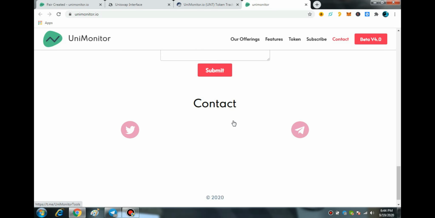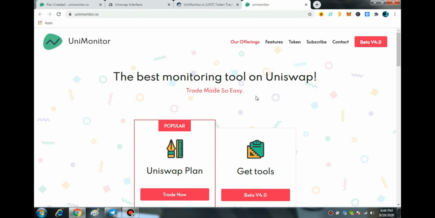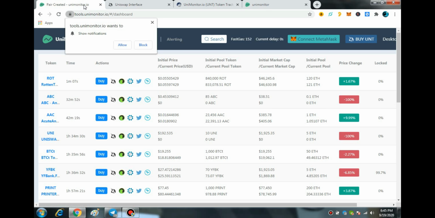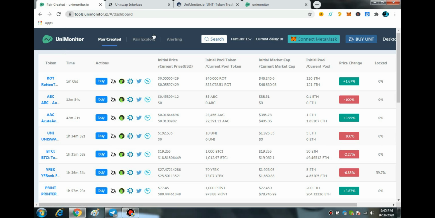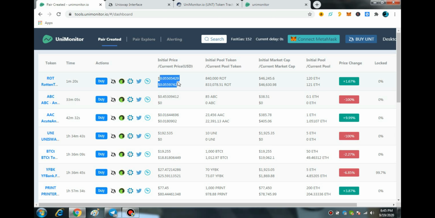These are the types of features that UNT, basically Unimonitor, is offering, and you have the chance to buy this token directly from the Uniswap exchange. Here you can see on the main platform it is very easy for you to purchase the token directly from Uniswap at this time, because the price is very low and the usage of this token is huge. Here you can see a new thing which Unimonitor is offering, where you can check all the data, 24 hour volume, liquidity, and also you can purchase this token from any exchange. Basically they are offering it for all the decentralized exchanges.